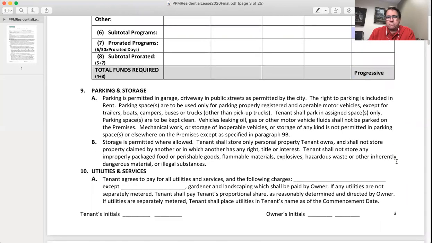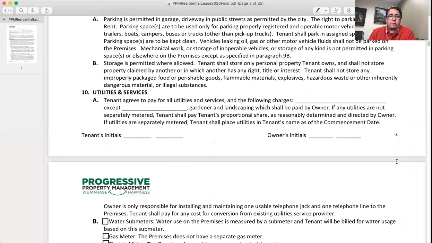Parking and storage, unless differently, most of our properties have on-site parking, and you're allowed to park there. Utilities and services. So typically our tenants pay for utilities. Now, some utilities are paid by the owner because it's in their property taxes. Like in some cities, the trash is oftentimes built into the property taxes. Sometimes the water bill isn't prorated out. It's included in your rent. So, but typically you're going to pay for all utilities, and that's water, gas, electric, and possibly trash.